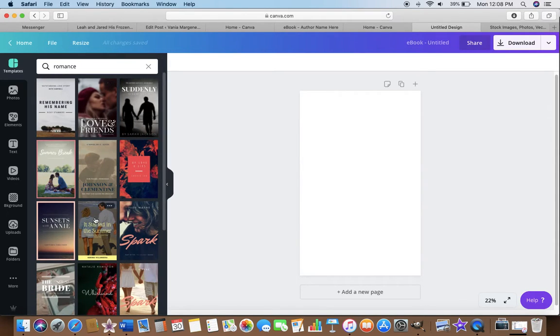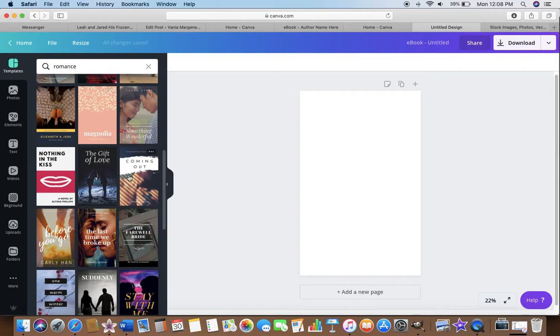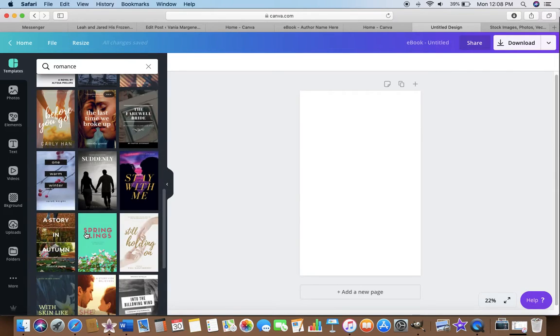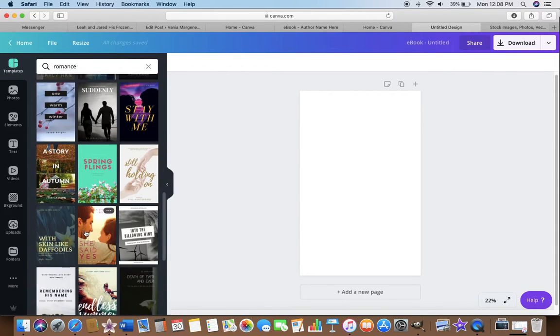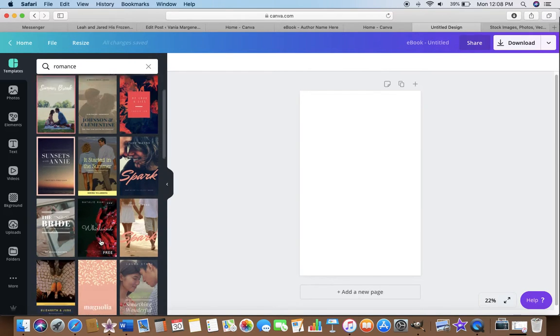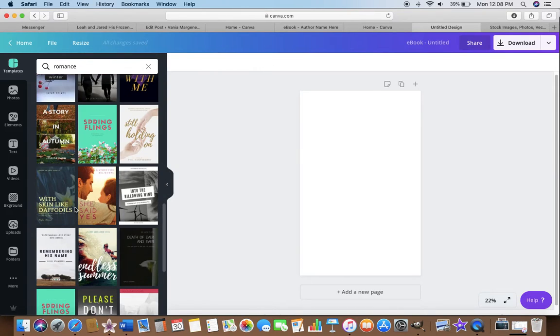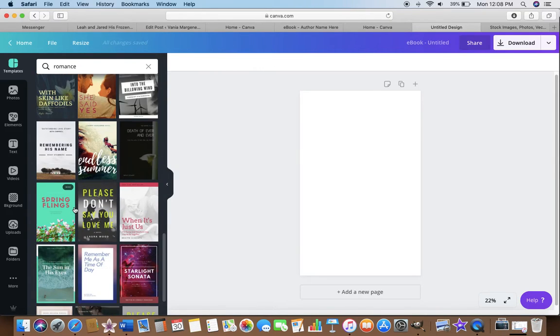And you can see you have a lot of different templates. And I like looking at the templates because you can see different kinds of font, where the placement is, where the author name goes, that kind of thing, and it can give you some ideas. But what I found out while I was just messing around one night is that if you choose a template, something that you like, that you want to maybe mess with,